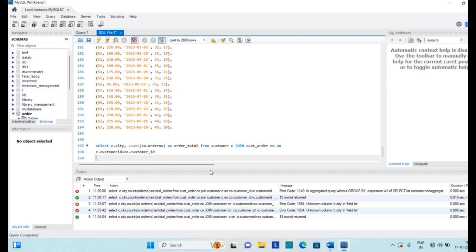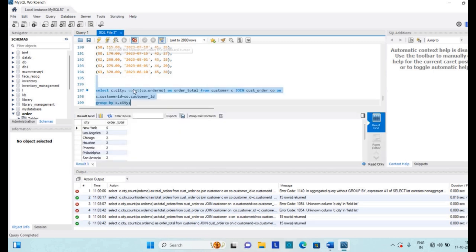Because we are using an aggregate function here, we use group by c.city, and we run this query and find the result.